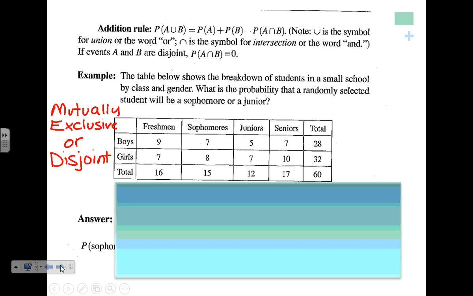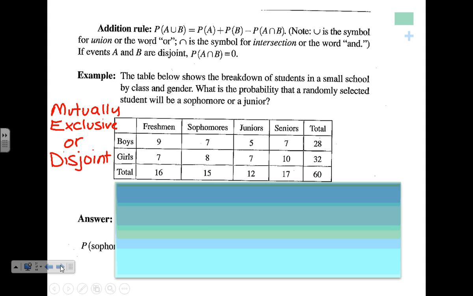And that brings us into talking about how we would find those joint probabilities and put them together. Sometimes you want to find the probability of this and this happening, and sometimes you want the probability of this or this happening, and those are the two major probability rules that we're going to use. So the first one's the addition rule.